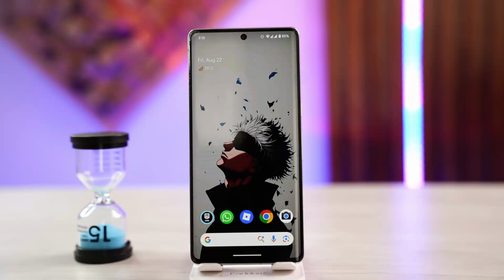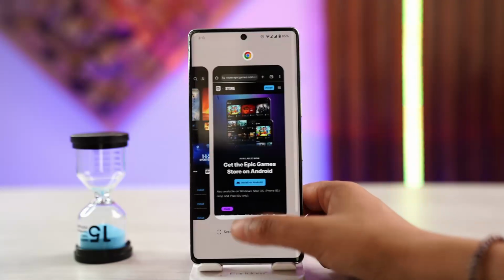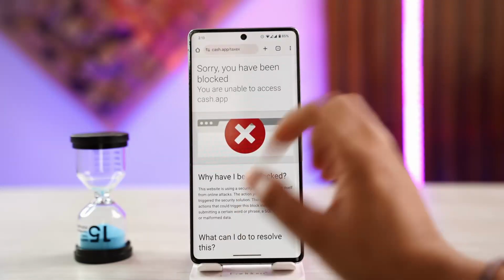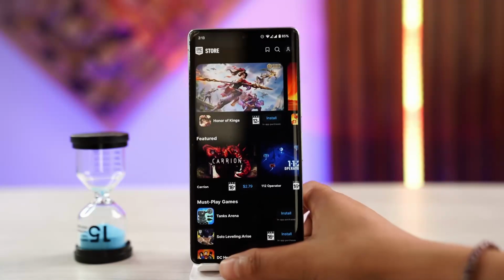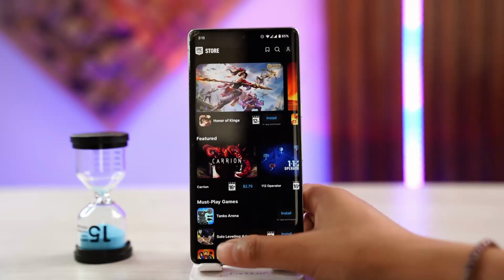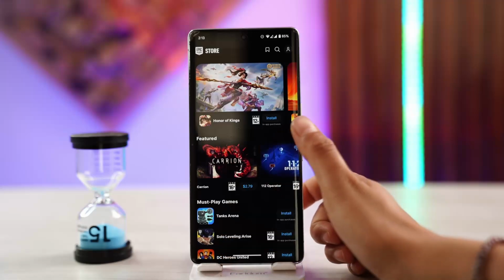So to download Fortnite on Android, there is no direct way. What you need is, first of all, you want to install Epic Games. You could use the browser version of Epic Games. Here, you could go ahead and install Epic Games first of all. And once you're done installing Epic Games, now what you need to do is, on the home page, you could